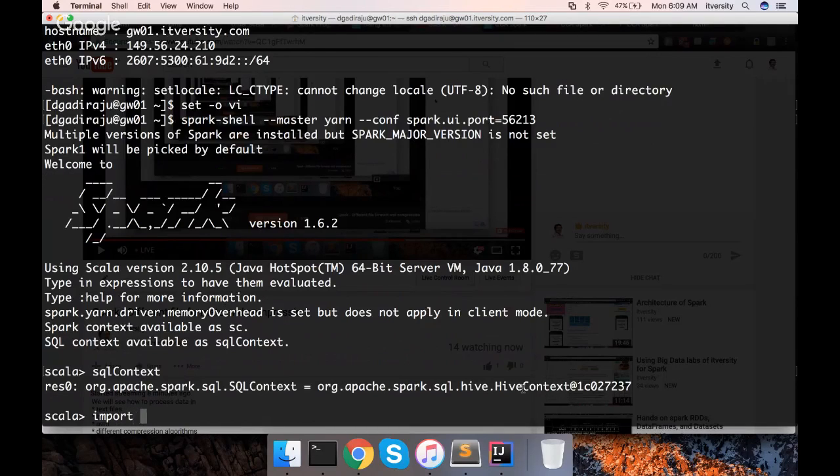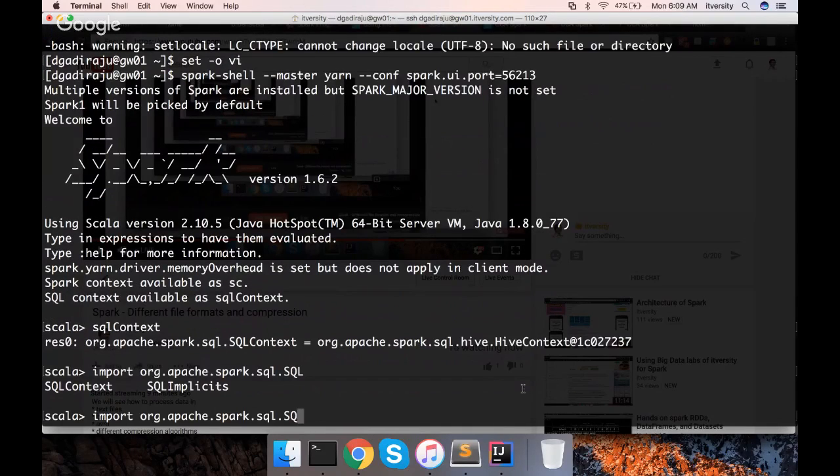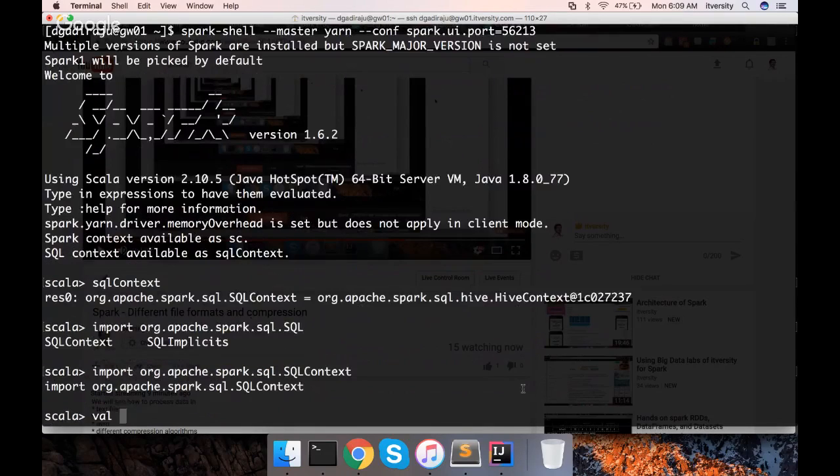Hence, I'm changing my SQL context to Spark native SQL context so that I can use data frames. For that, you have to say import org.apache.spark.sql.SQLContext. Okay, and then you have to create. Well, either you can overwrite this SQL context to this one rather than Hive context, or you can create a new context. Here I am trying to override it. SQL context equal to new SQL context, and SQL context takes the Spark context. It runs as part of the Spark context.